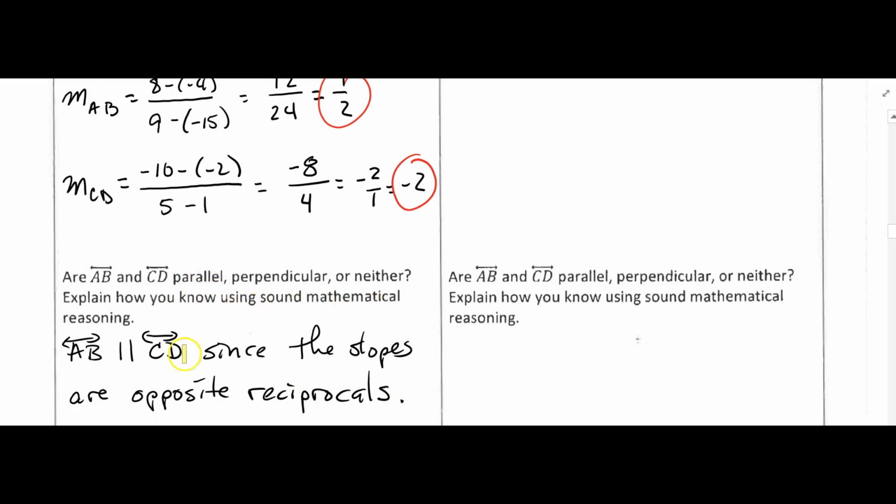Remember, for lines to be perpendicular, their slopes have to be the opposite, one positive, one negative, and they have to be reciprocals. All right, so make sure you get any questions answered,